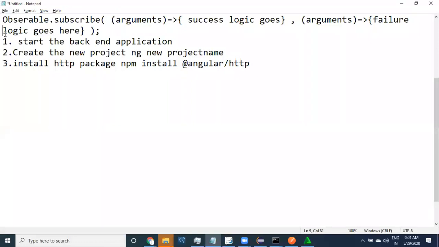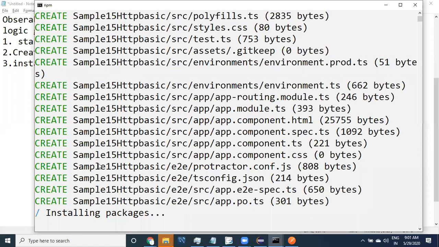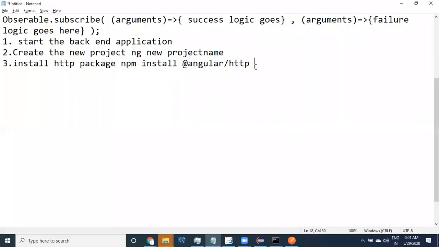Using this you can install. Once after that, what I want to do is create a button in the HTML page. Why? Because I only need a button, I don't want to do anything else.